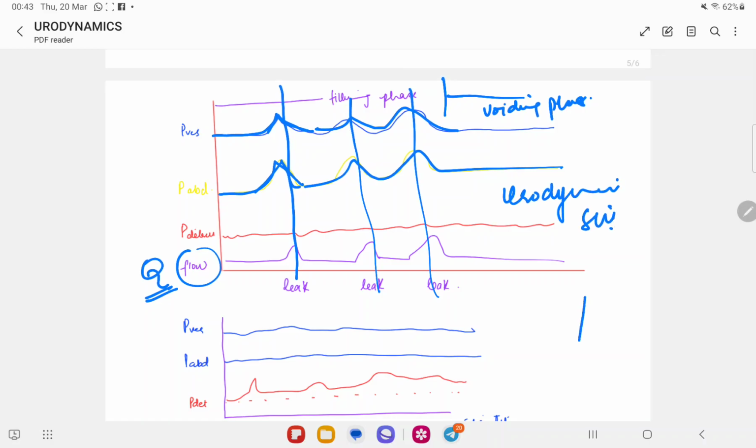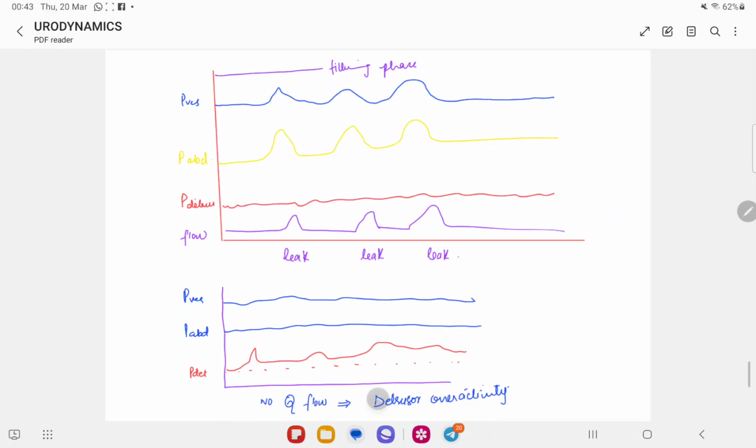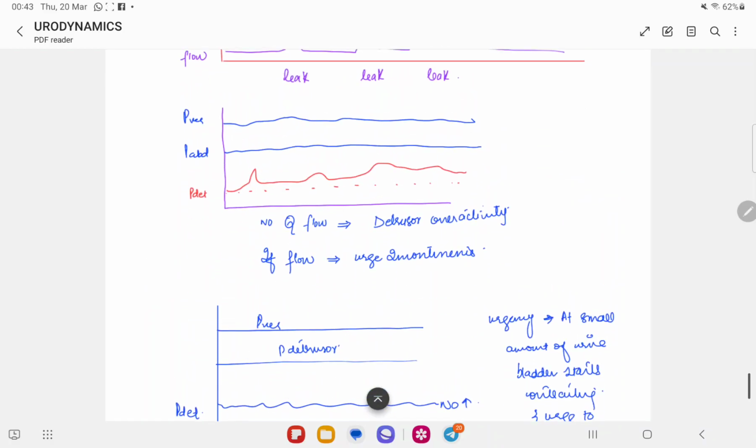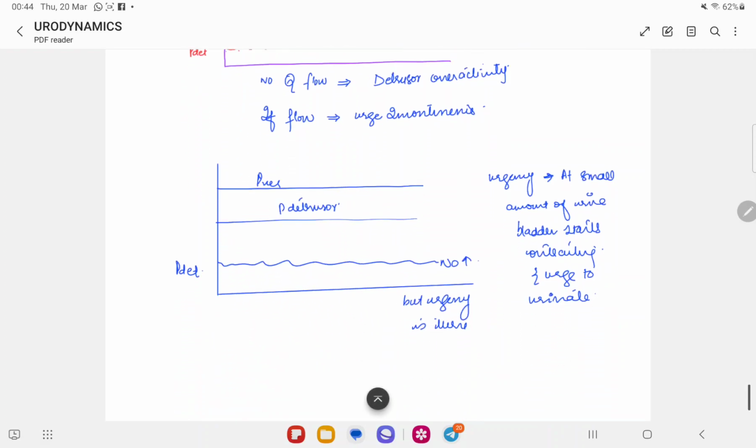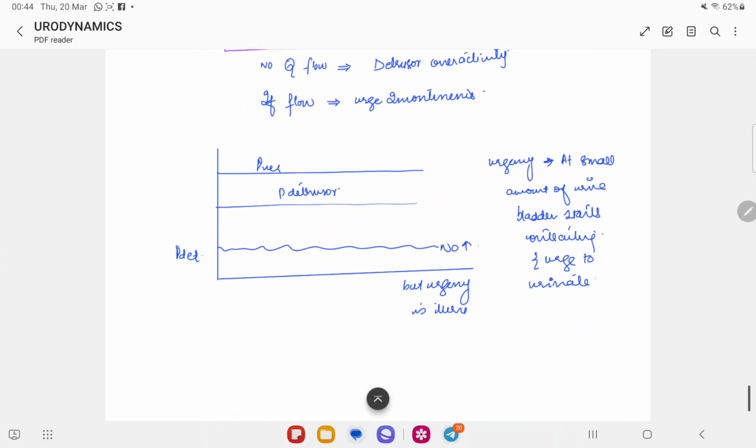Okay. Now, here you see, there is no change or rise in the vesical, no change in the abdominal, but there is rise in the detrusor pressure. It means that this is detrusor overactivity, but there is no leak. If there is flow or leak, then it is urge urinary incontinence. Now,